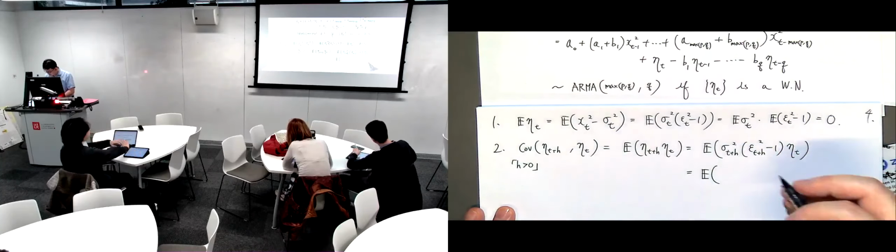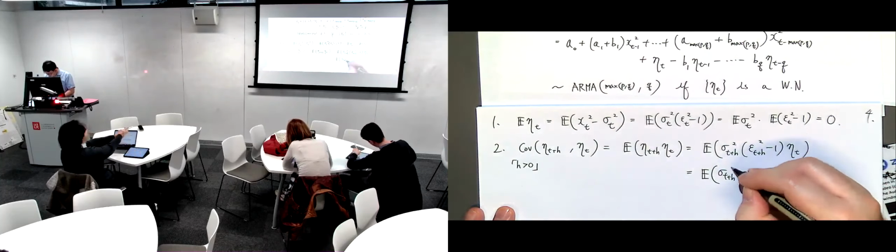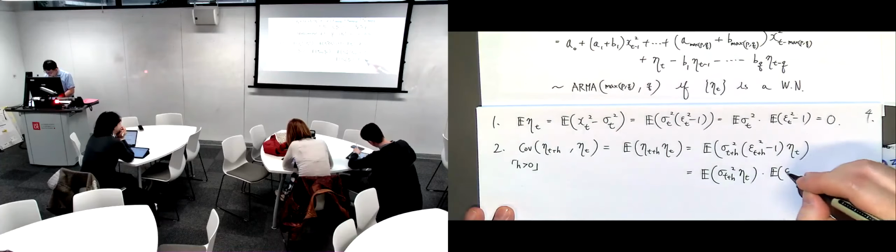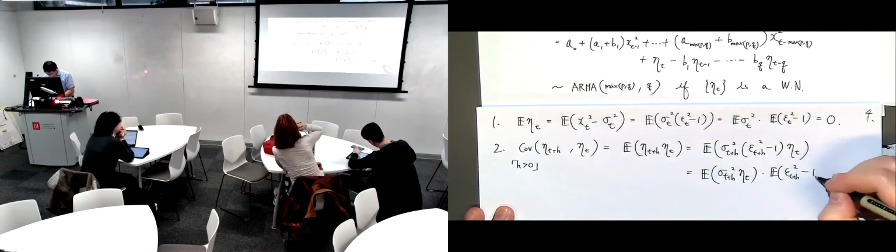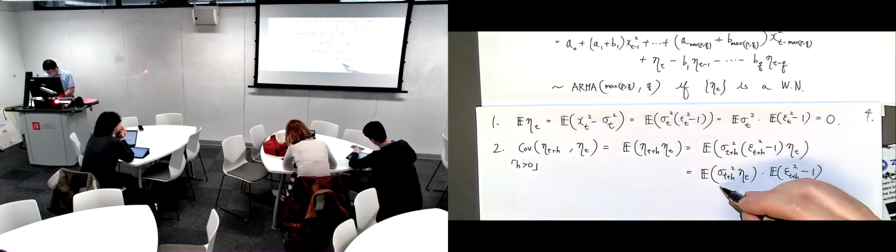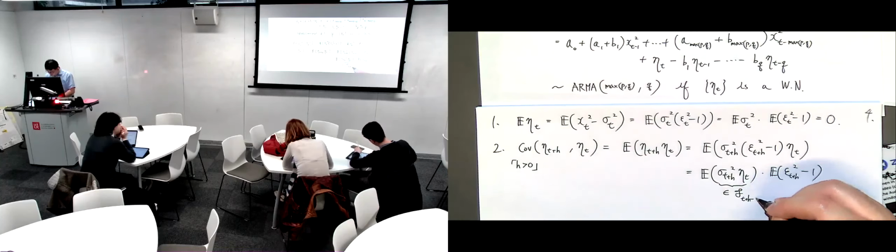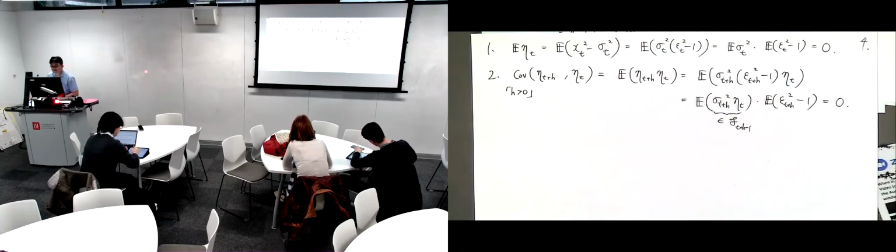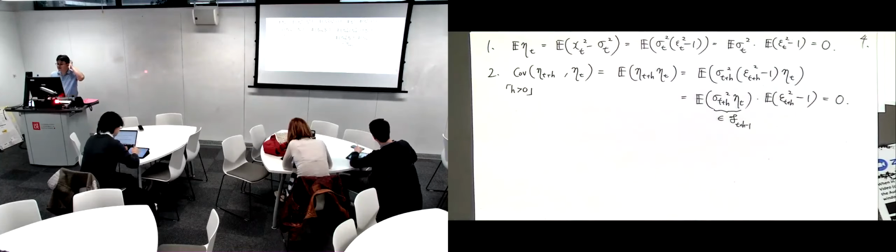But then the same trick applies. So sigma_{t+h} squared times eta_t is actually independent of epsilon_{t+h}. Because this variable, again, is only up to information t+h minus 1. So this is 0 again. Expectation of epsilon_{t+h} squared minus 1 is 0. So we're almost there, right? Eta_t has mean 0,